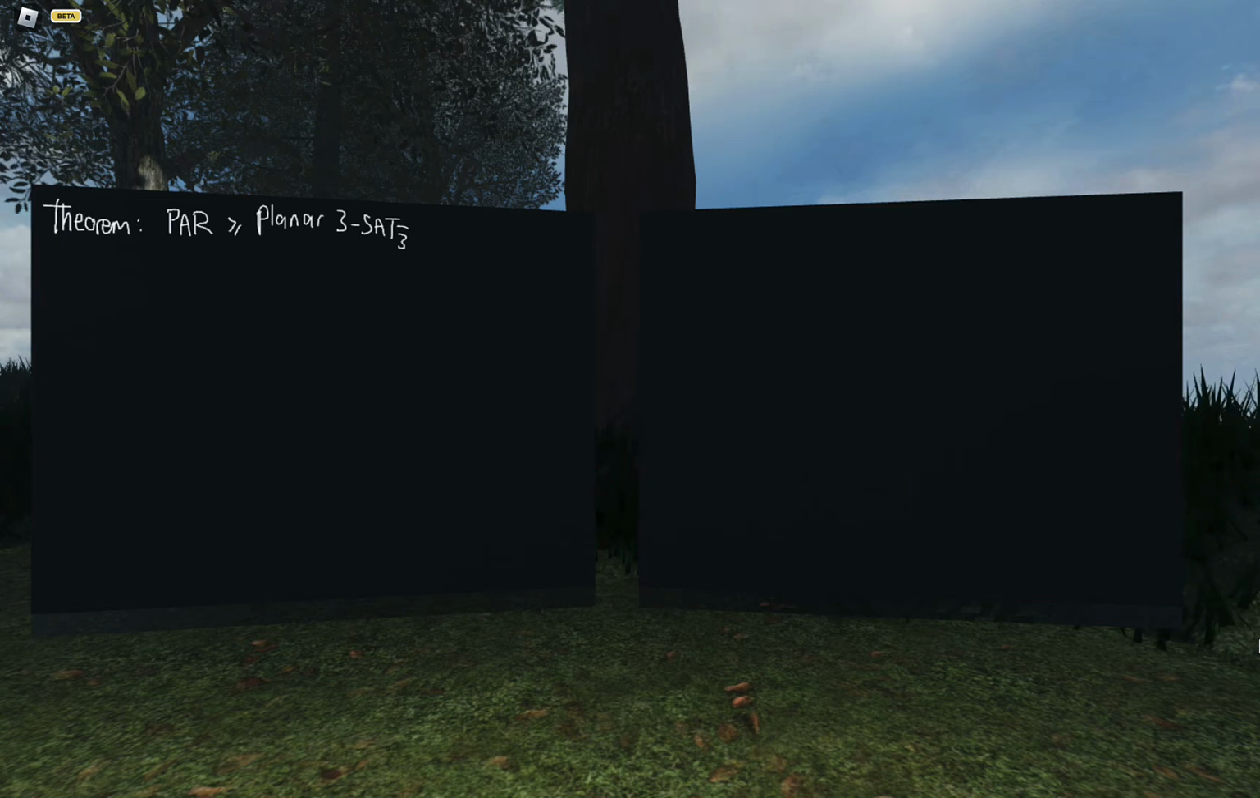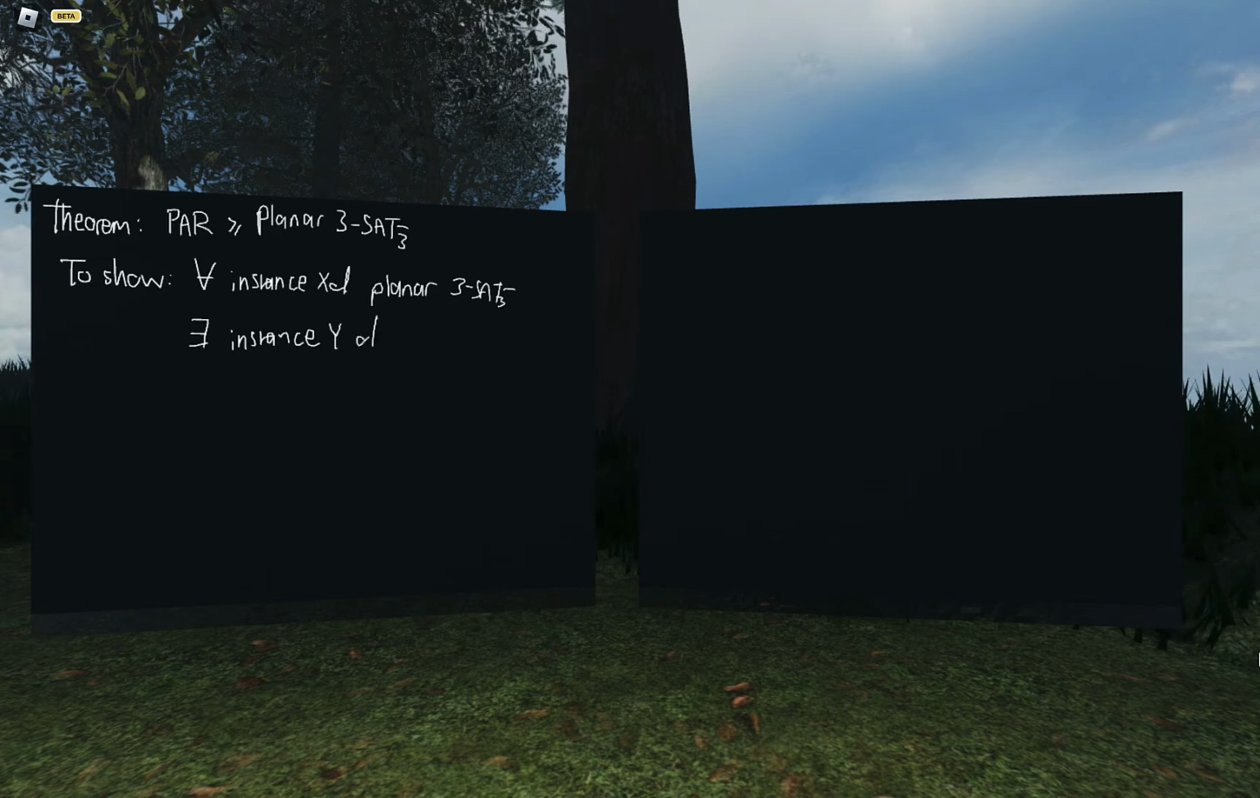And the translation of this is, what this inequality here means is that for every instance of planar 3-SAT-3, I can produce an equivalent instance of the parametric approximate rank problem. Equivalent means that if I solve the parametric approximate rank problem, it would have the same answer as solving the planar 3-SAT-3 problem. So what I have to do is that for all instances of planar 3-SAT-3, there exists an instance. I'm going to introduce some letters here. This is an instance X, and this is going to be an instance Y of the parametric approximate rank decision variant, such that